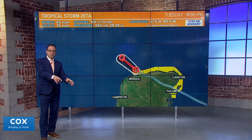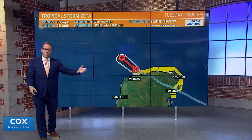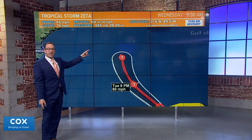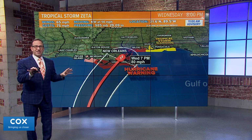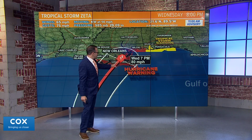So those areas south and east of New Orleans over to the Mississippi Gulf Coast will be on the worst side of the storm. Tropical storm warnings are still up midday across the Yucatan Peninsula. We expect a hurricane by 6 o'clock this evening, then a stronger storm to 85, and we might get to 90 or 95. That would be a Cat 2, so we're going to watch it carefully. Regardless, the forecast does have a Cat 1 storm crossing Grand Isle just south and east of New Orleans Wednesday